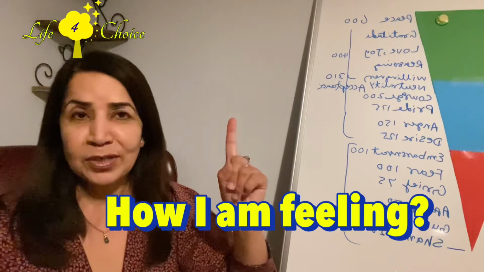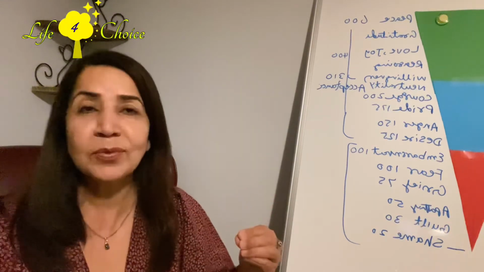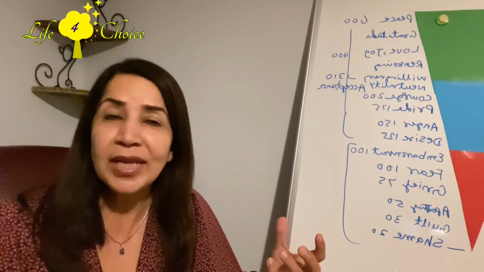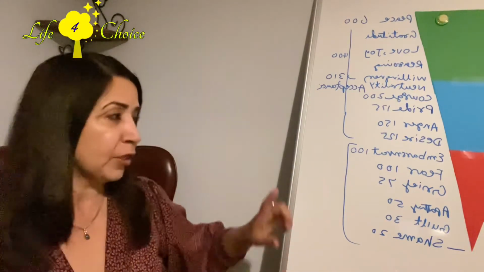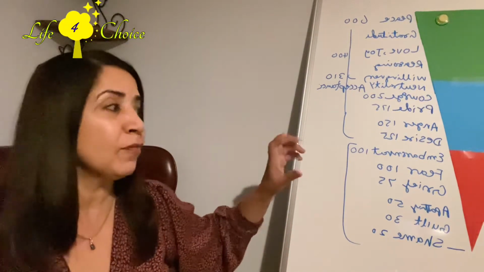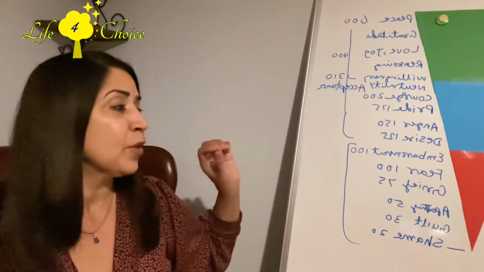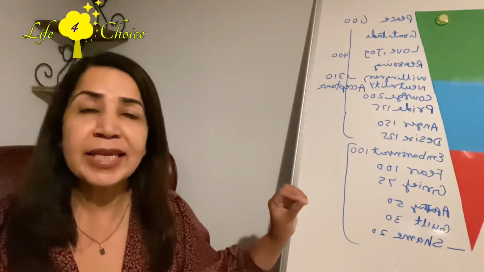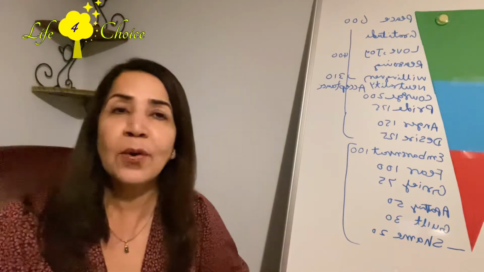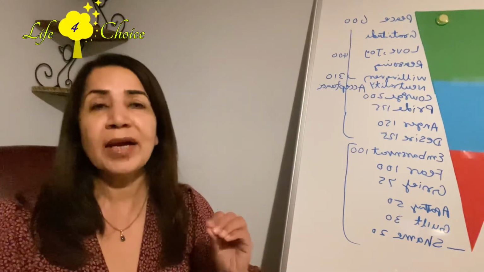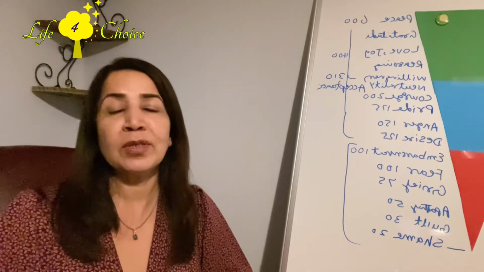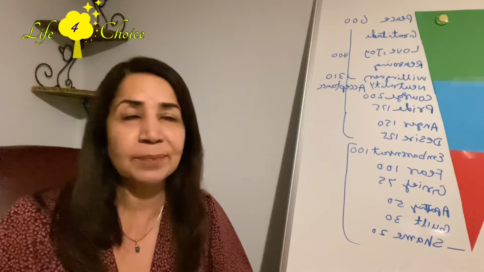That is the first step of how to let go. You must be aware of how you are feeling. For example, whatever happened, are you feeling sad, fearful, embarrassed? Is there a feeling of grief, guilt, or shame? You will be asking this question when something is bothering you: how am I feeling?